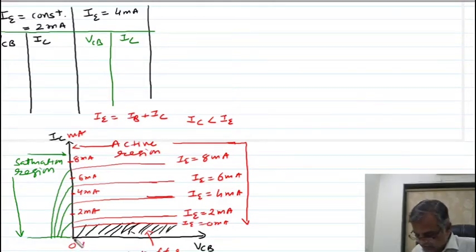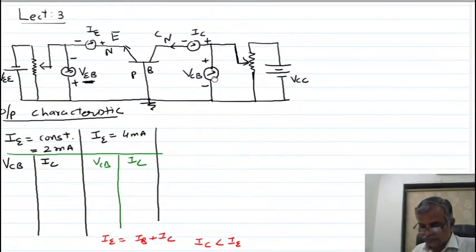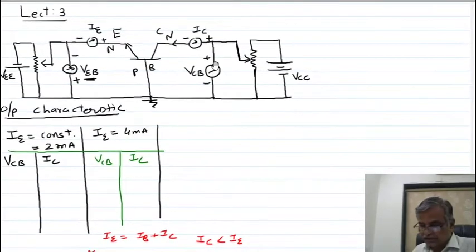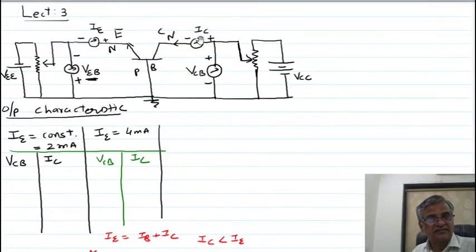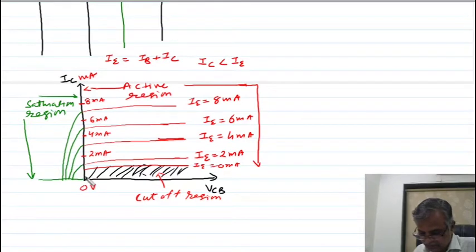Secondly, look here, this graph shows that you are keeping this voltage, the collector base voltage VCB, at 0, even though you are getting some current at the collector. This graph shows that if VCB is kept 0, you still get some output collector current, meaning that with the collector voltage 0 with respect to base, you are getting some collector current.